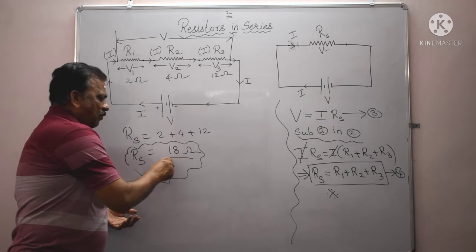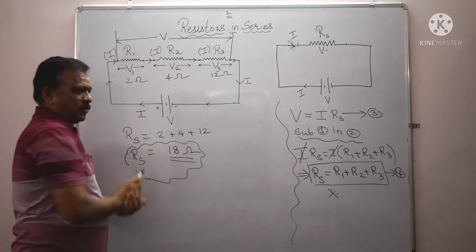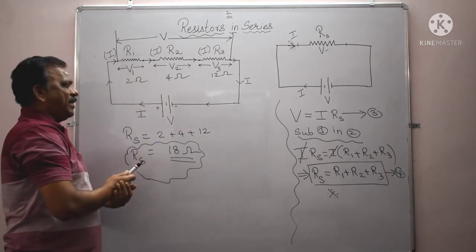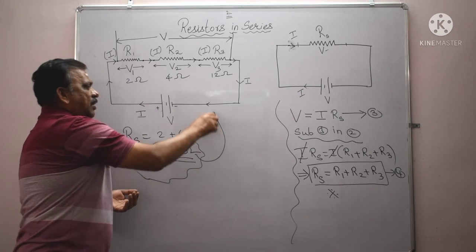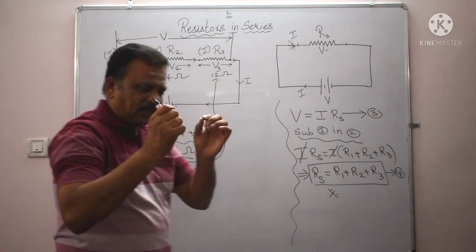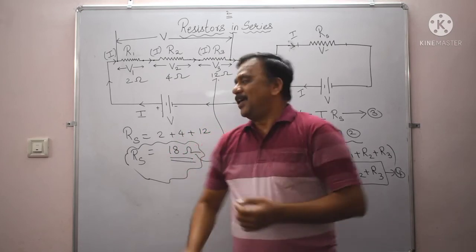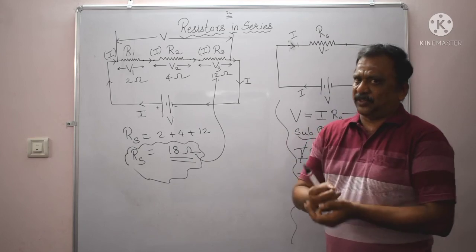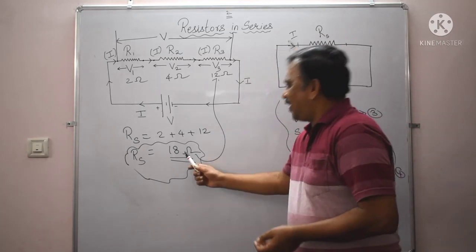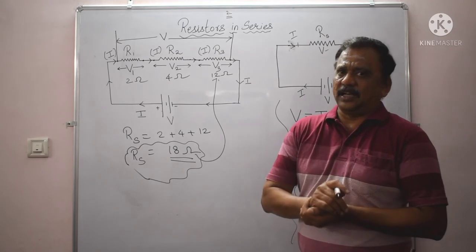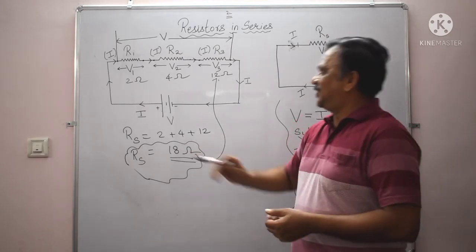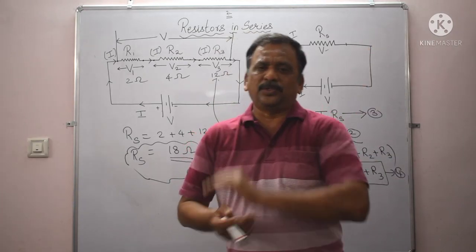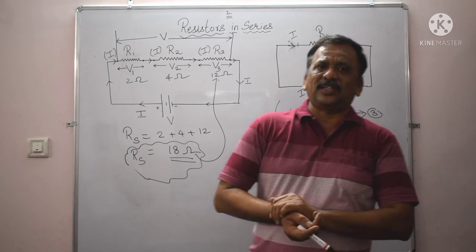And if I compare the value of the total resistance with the individual resistors, it is found to be greater than all the three resistors. Or in short, I can say the total resistance is greater than the highest resistance in the circuit. Which means whenever resistors are connected in series, the total resistance or the effective resistance will always be greater than the greatest resistance in the circuit. Or in other words, the total resistance will be greater than all the resistors connected in the circuit. So that's all about resistors connected in series.